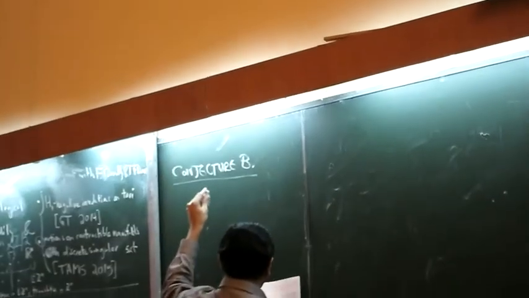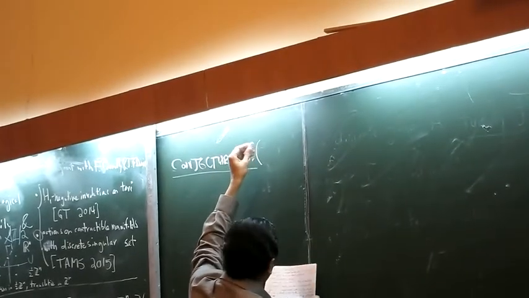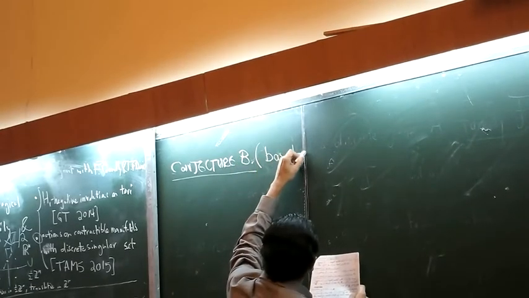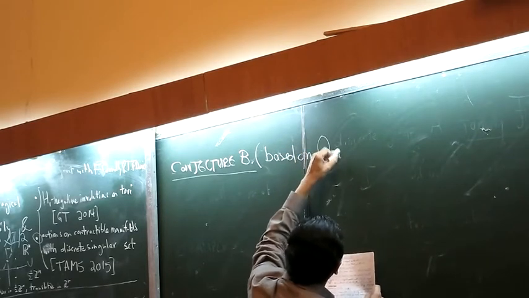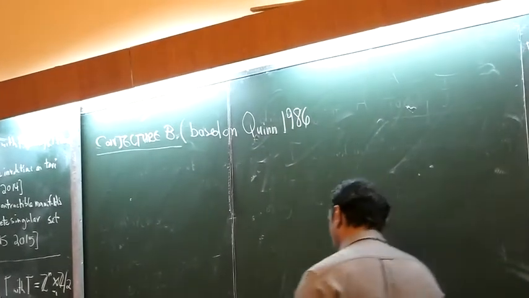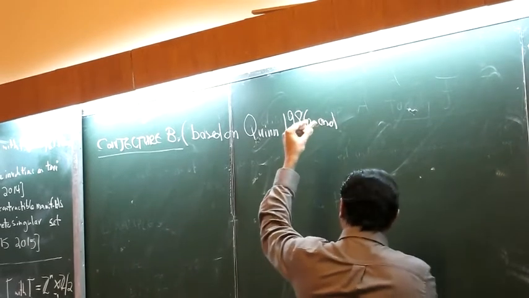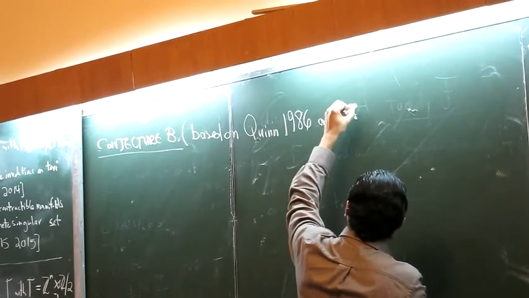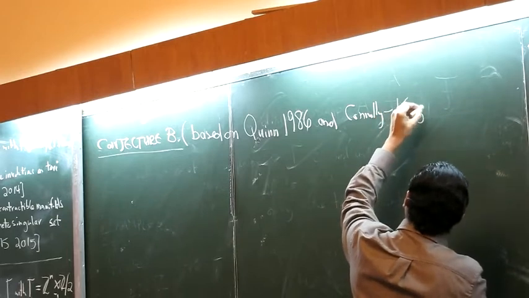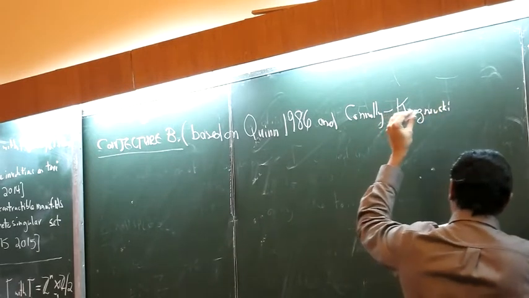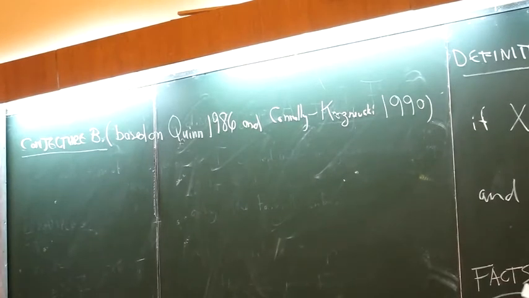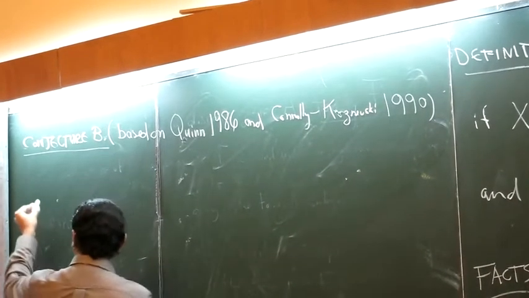This is due to Quinn originally, but he made a mistake. It is based on Frank Quinn's 1986 International Congress of Mathematicians address. But then my colleague Frank Connolly and his co-author Kozniewski made a correct statement in 1990. So the conjecture states that,